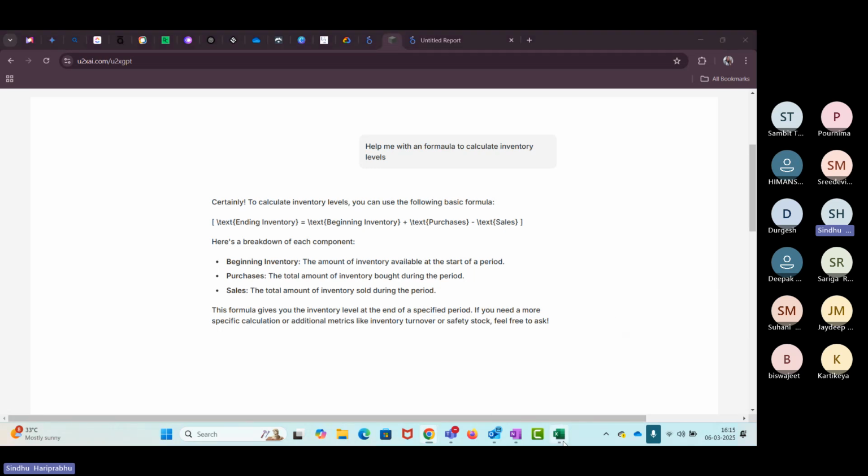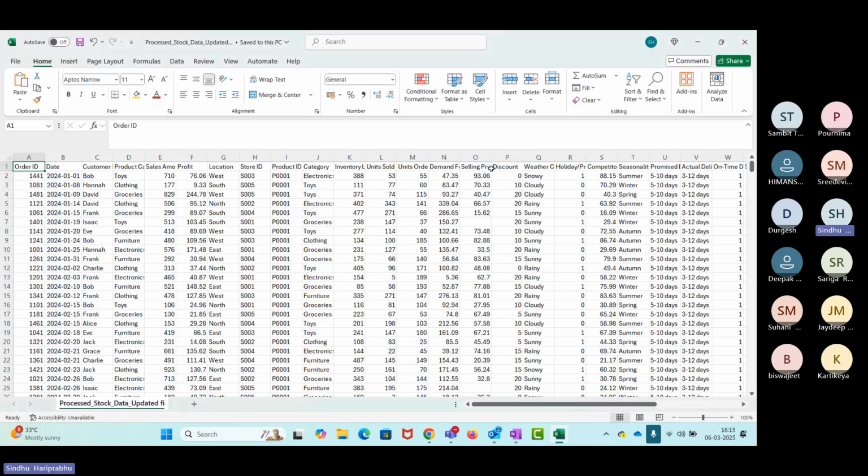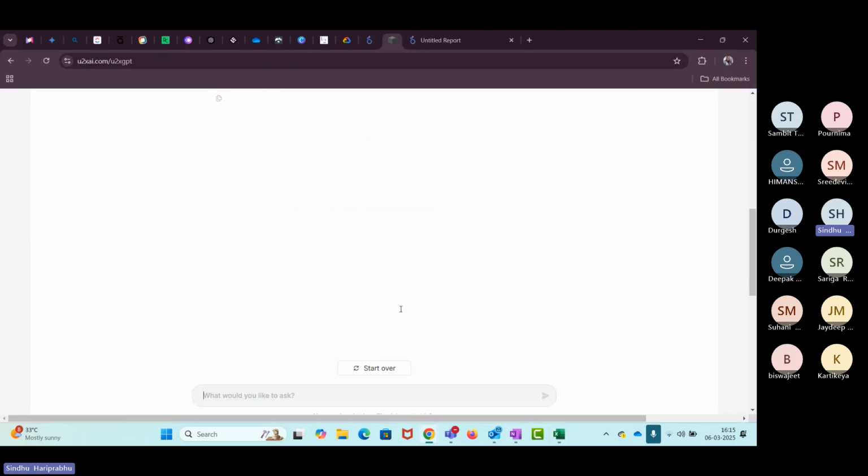So you need to prepare your report based on the column you want. It can be units, number of units ordered, then units sold, then on time delivery. So how do you calculate on time delivery? Show me the formula to calculate on time delivery.